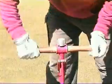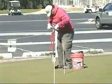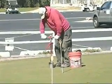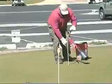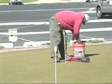Here, check this out on the trade of being a greenskeeper. What? Putting holes in greens? Yes, special tools. You line it up. You look at a level at the top. You give it a few twists. Now, this is a special shovel with a pull arm. And look, it comes right out of the hole. The sod is then compressed, and we gently lay it to the ground,